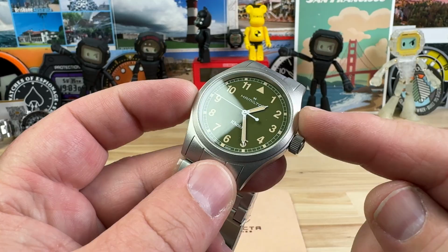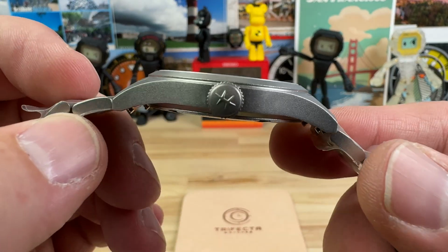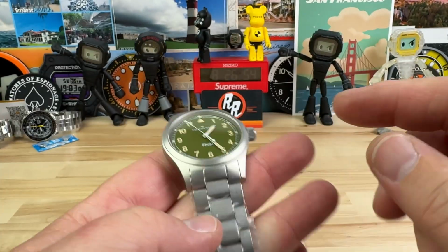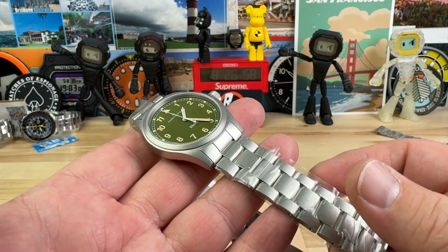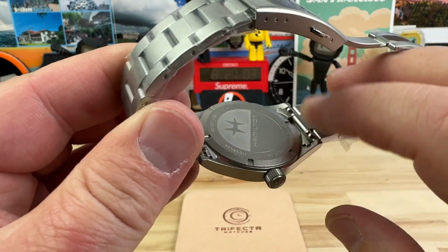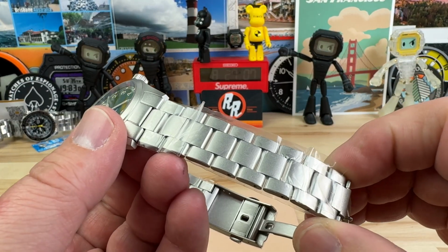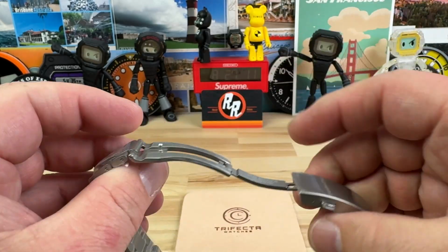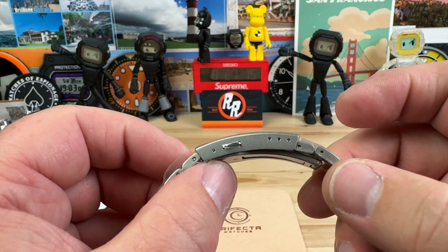So 38 millimeter case, the lug to lug is 46 millimeter. The thickness is only 8.6 millimeter. Sapphire crystal up top. You have a 20 millimeter lug opening. So even if you do want the bracelet model, but you potentially want to swap it out for a leather strap or something else, you have quick release spring bars. So they'll make it very easy on you. It does taper down to 18 millimeter. So that's nice. And then it has the tried and true simple fold over clasp, double pushers, 3 micro adjust